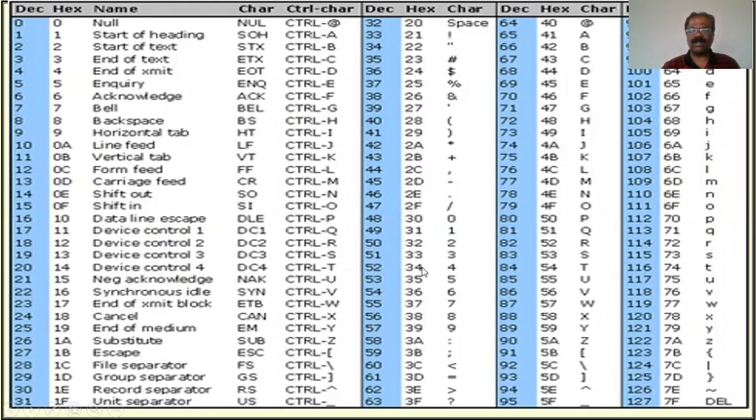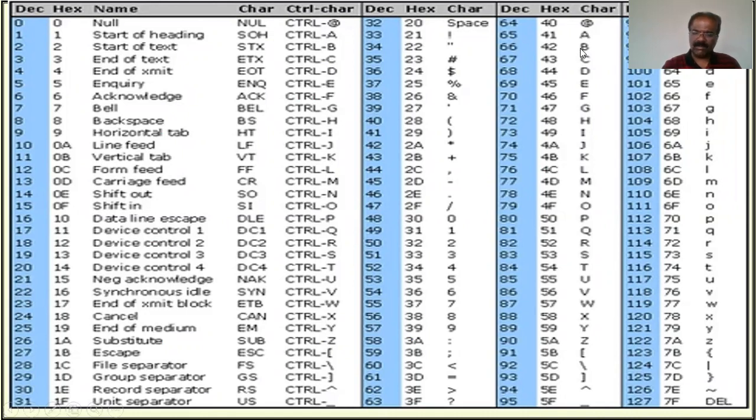Therefore, if you want to display any information, suppose I want to display 0. The ASCII code of 0 is 30. Or we can write 0 within a single quote. Or if you want to display a character, suppose I want to display character A. The ASCII code for character A is 41 in hexadecimal, 65 in decimal. Or we can write character A within a single quote. Automatically it's going to send the ASCII code only.